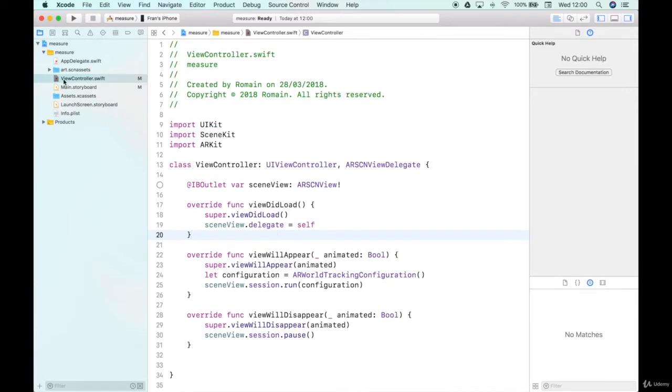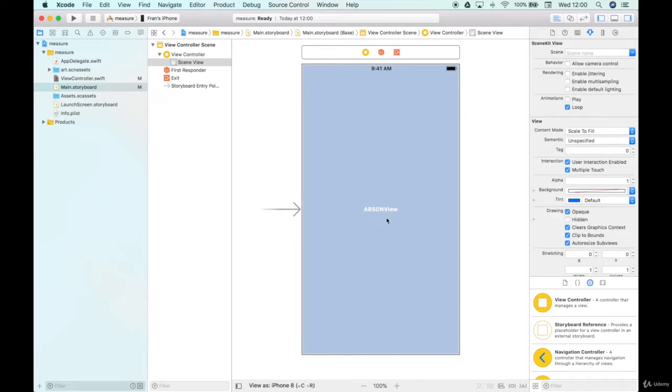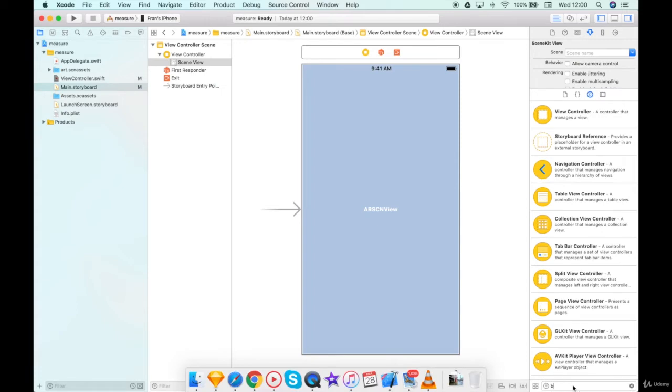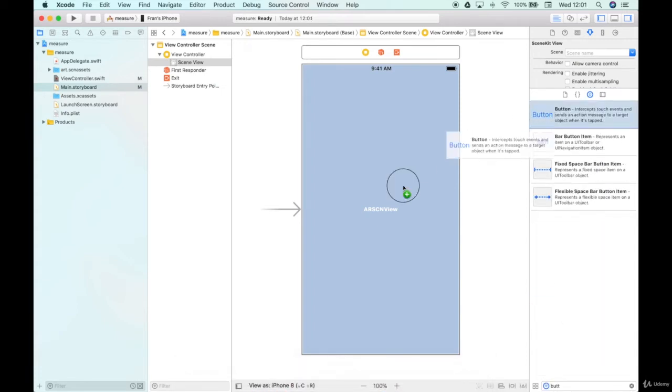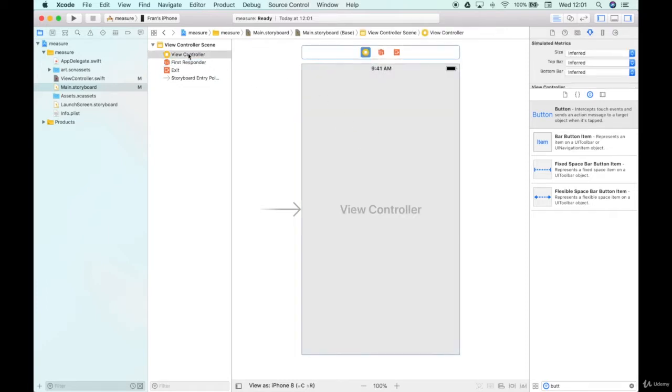Another thing I need to do is in the main storyboard. Here you see that we have our AR scene view, and if you try to add something on top, let's say a button, it just removed this AR scene view completely, so that's not good. What we need is to delete this. So now we have a very empty view controller, and what we need to do is to add a UI view